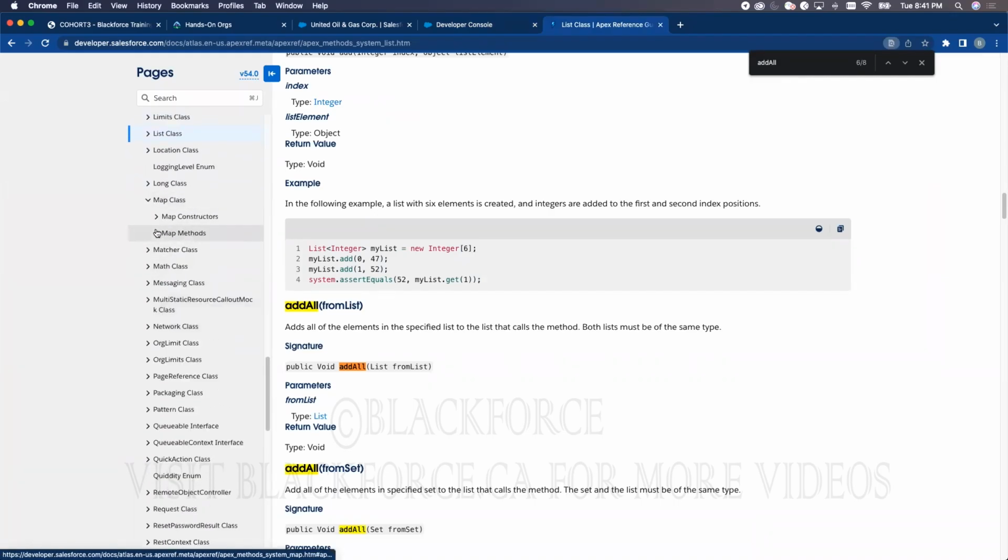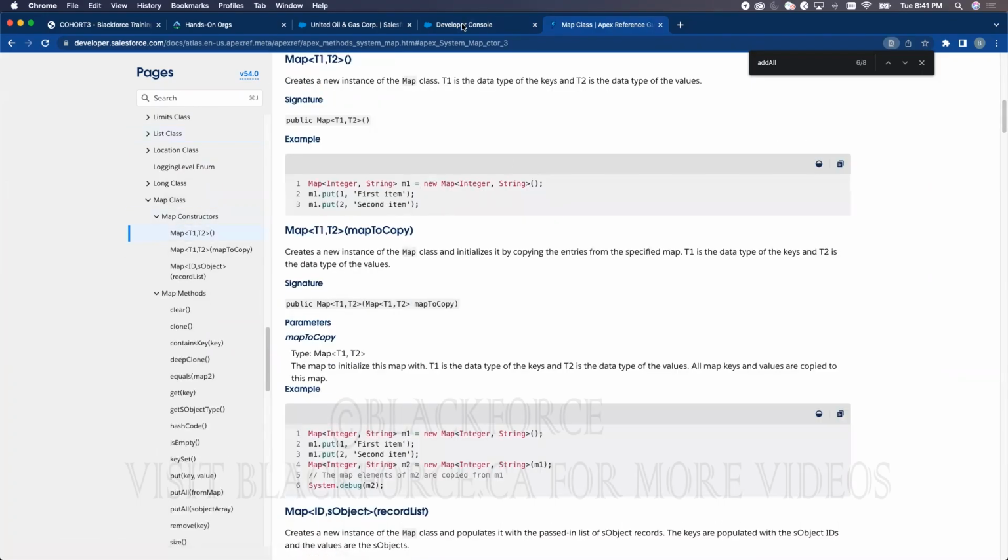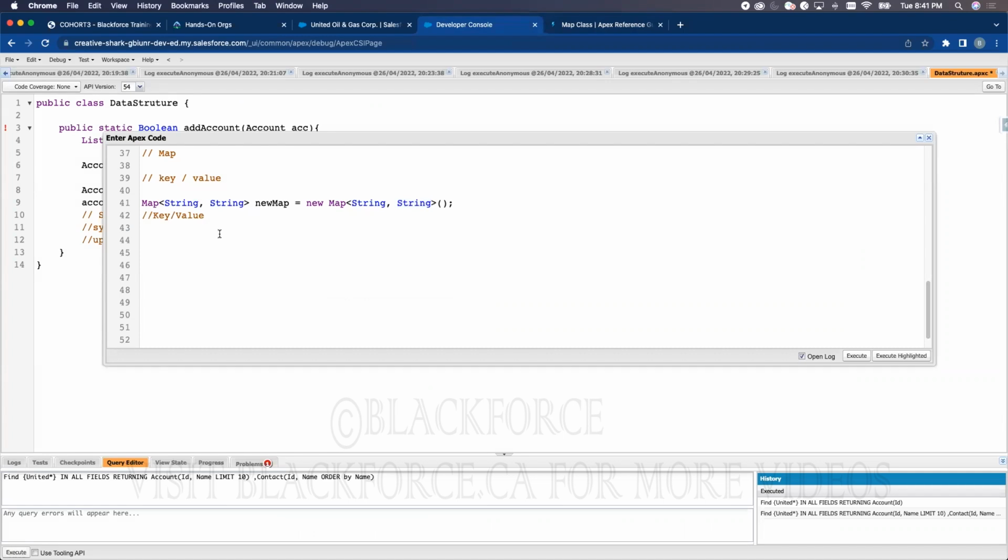This is the map class, okay? And you see the constructor, which is this, okay? We have map, new map, dot put. Instead of add, which we have in list, we use dot put, okay? And we have string. What string do we want to pass? We want to pass maybe, again, let's use color. Color is perfect. I want black